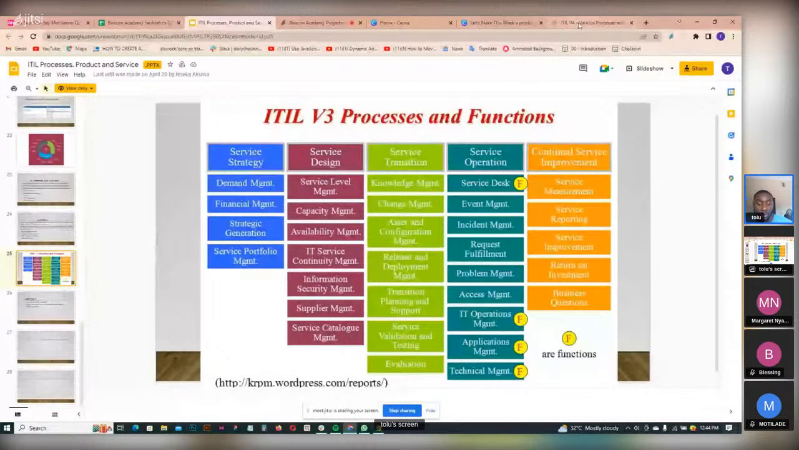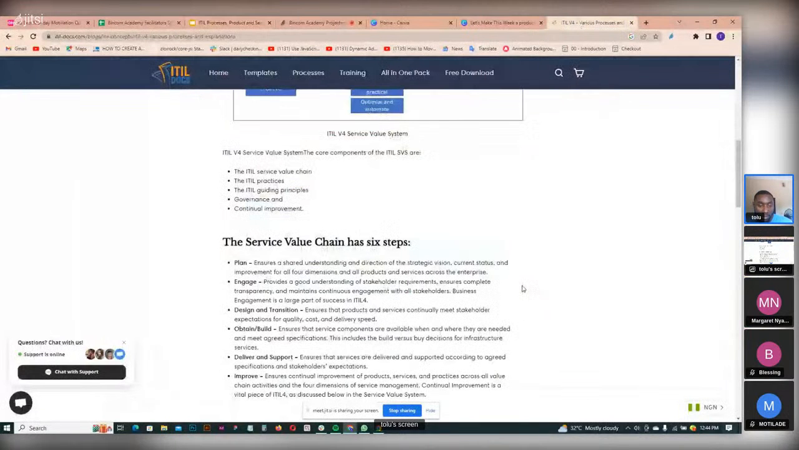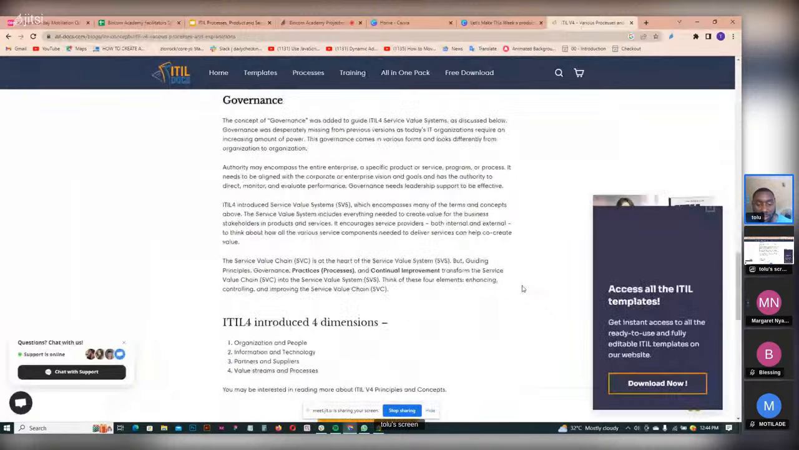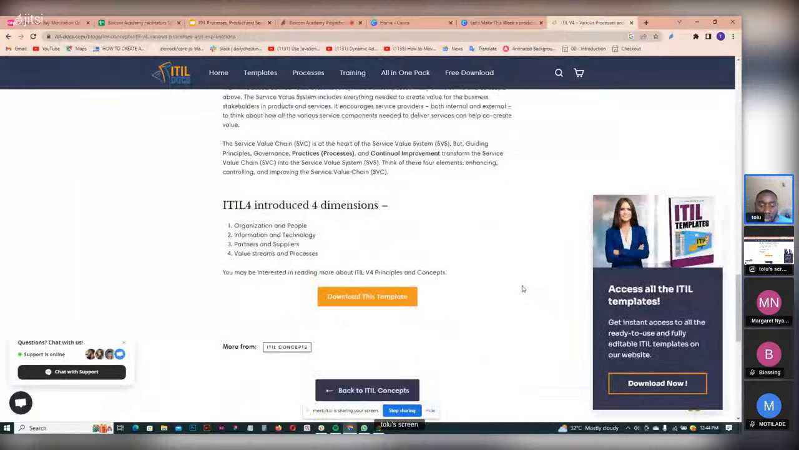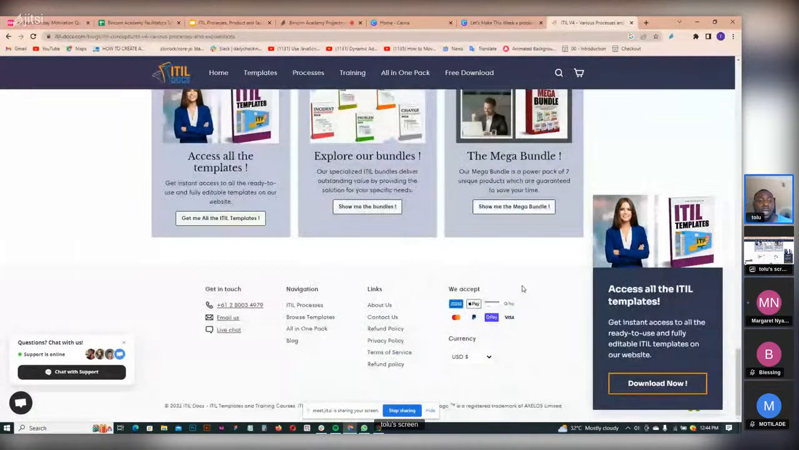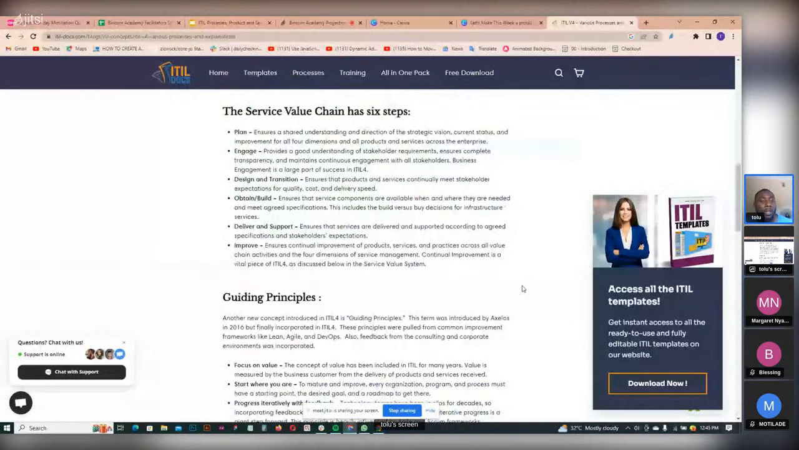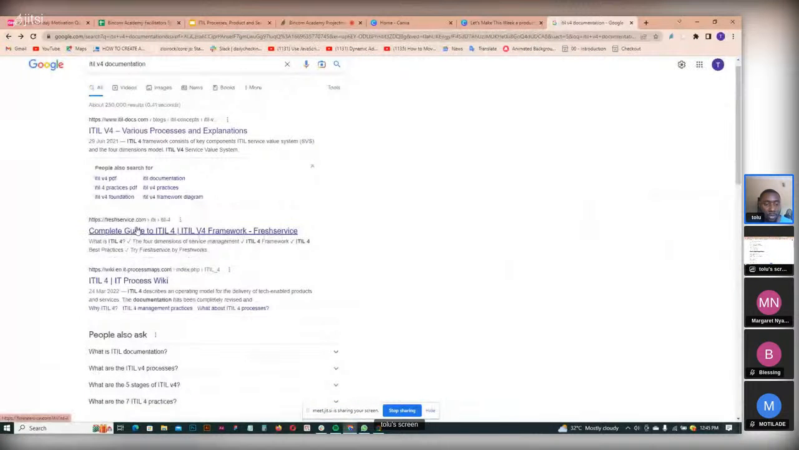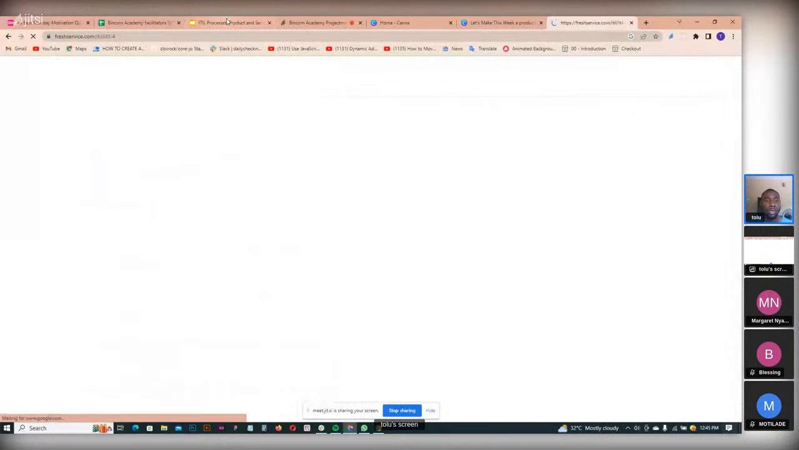So you still go through it all. This is ITIL version 4. Version 3 is no longer in vogue, so stop using version 3. You can always go online, browse more, and read more. And I think the assignment says